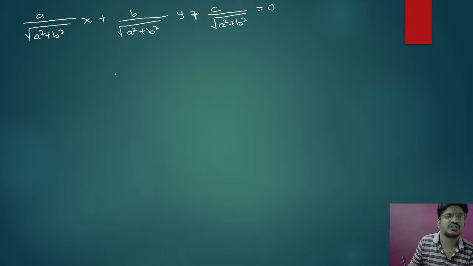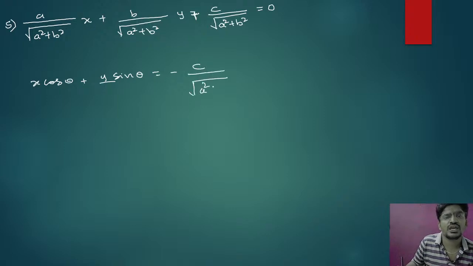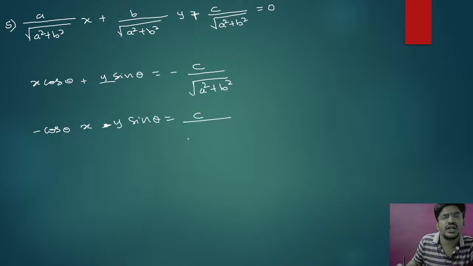So this is nothing but, now you can compare it with one very important equation, that is the normal form, that is x cos theta plus y sin theta equal to minus c by root of a square plus b square. Now we can write it as minus cos theta x plus or minus y sin theta equal to c divided by